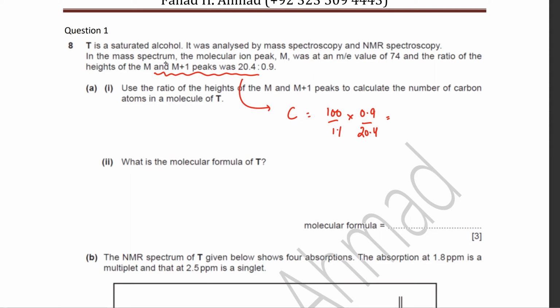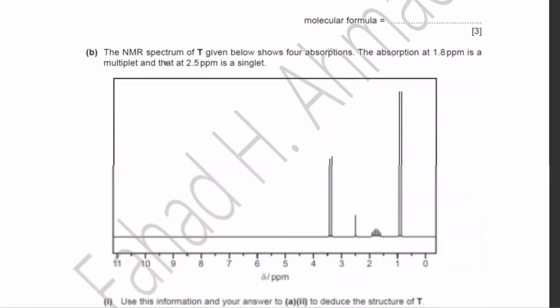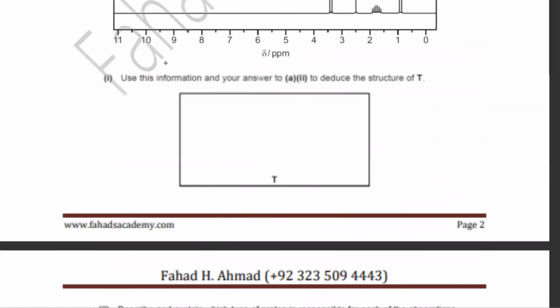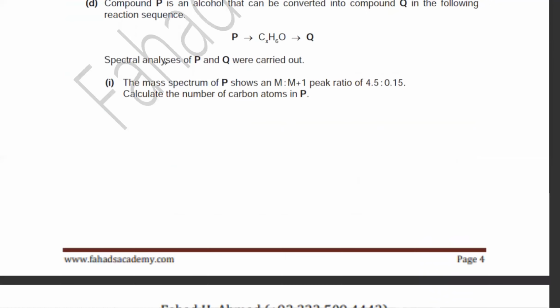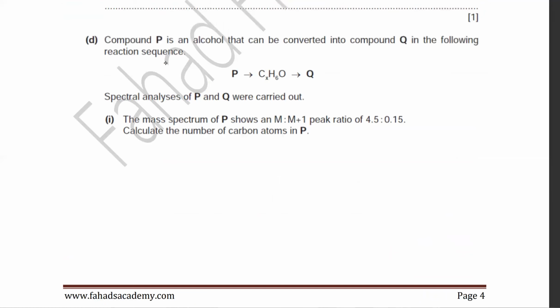Four, because that would indicate it's 4 carbon atoms. So the NMR part is obviously still in A2, so you don't have to do that. I'll try and figure out the other questions as well that we talked about. Again, m+1, so you can figure out the number of carbon atoms. It's 100 over 1.1 into 0.15 divided by